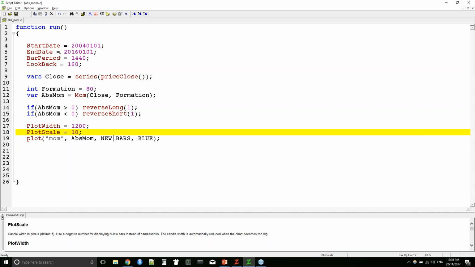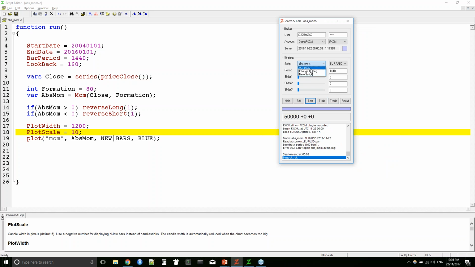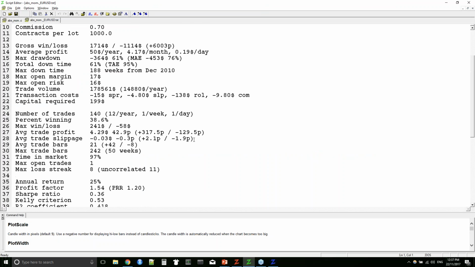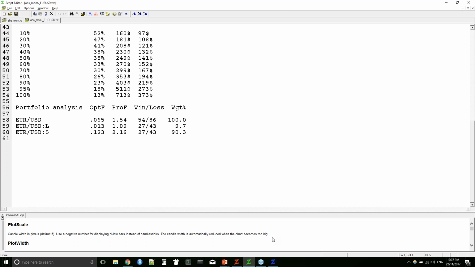So in order to test our strategy, we go to the Zorro GUI. We select the strategy that we just wrote, and we simply click the test button. Now, if I haven't made any errors, the simulation will run. We get some output in the window and some performance statistics. And if I click the result button, I'm going to get firstly a more detailed performance report with a whole bunch of statistics. And I'm also going to get